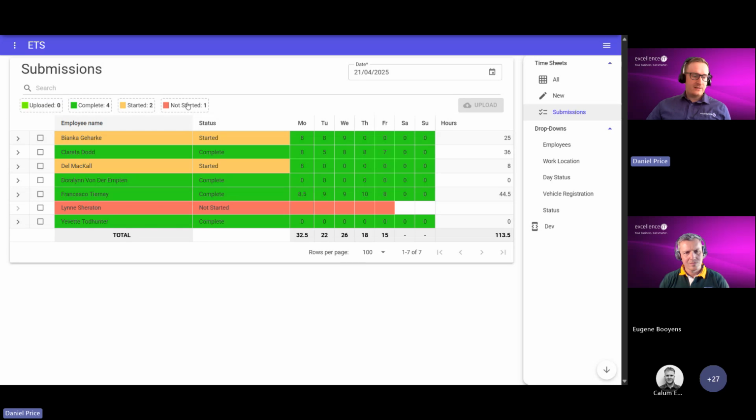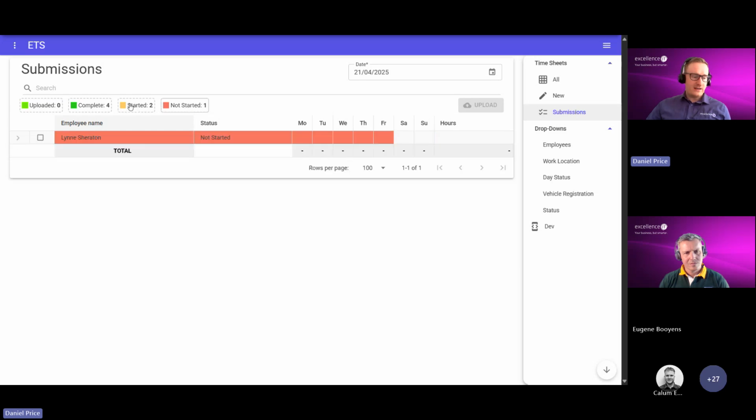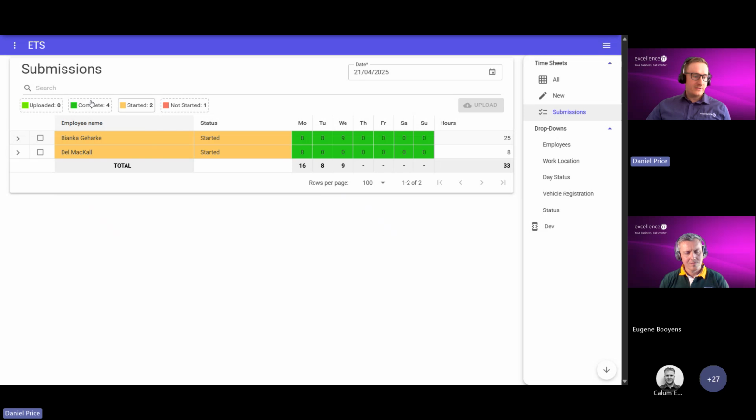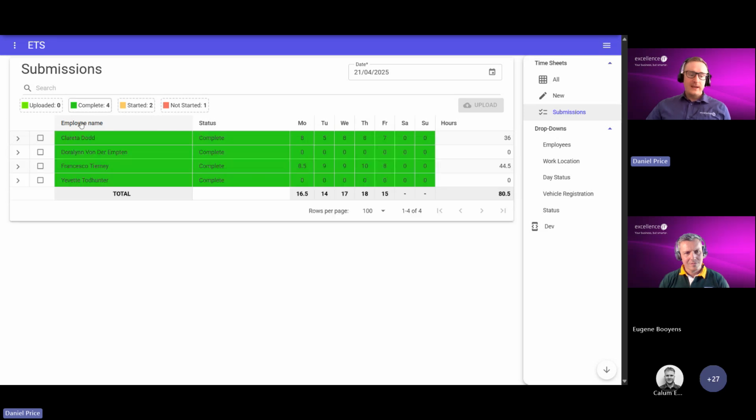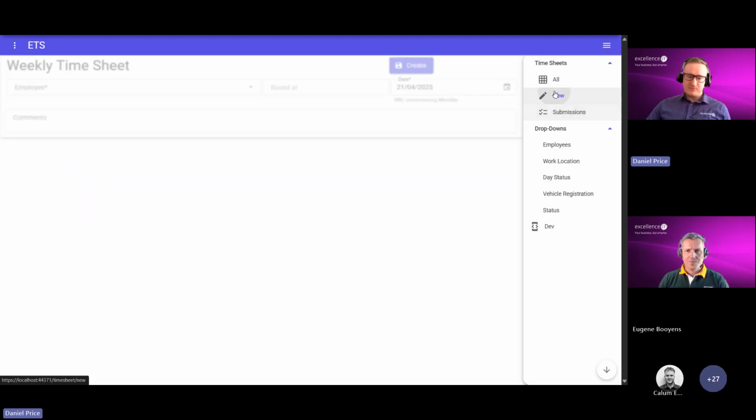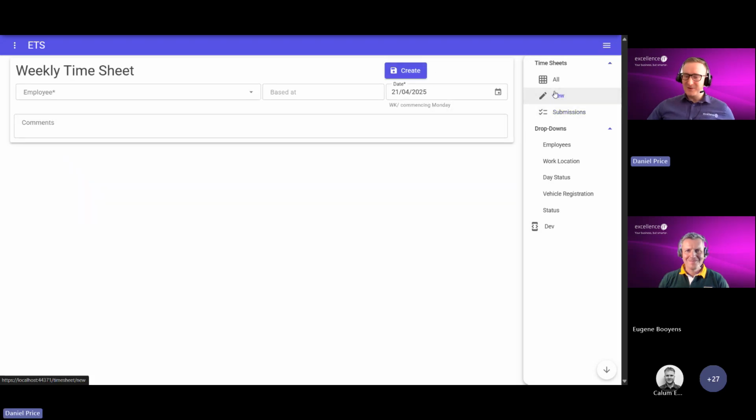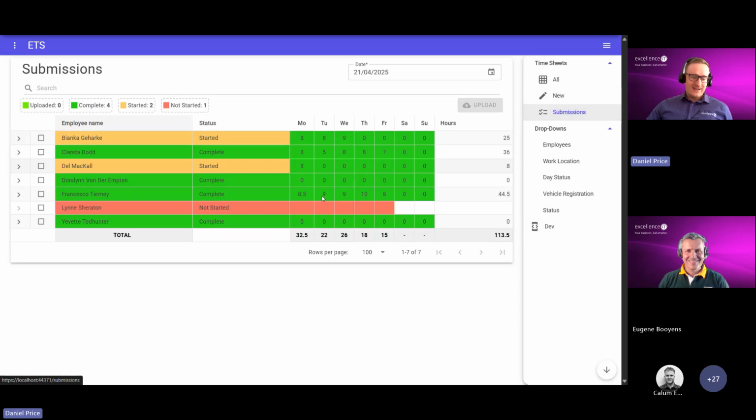We also have quick filters, so we can easily select any of these colored legends up here, which allow us to easily go through them. The admin team would then select any of the completed timesheets and do a bulk action where they can press upload. This would generate an Excel file with each of the employees' data and upload that directly into SharePoint where they can do further processing for the timesheet. So I believe that's it, a little overview of the timesheet system.